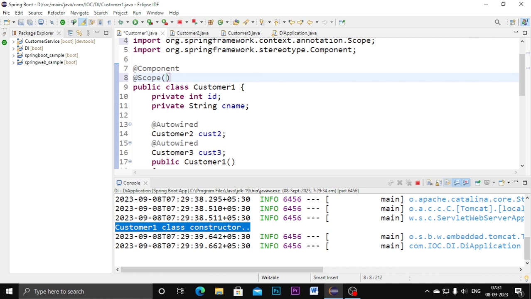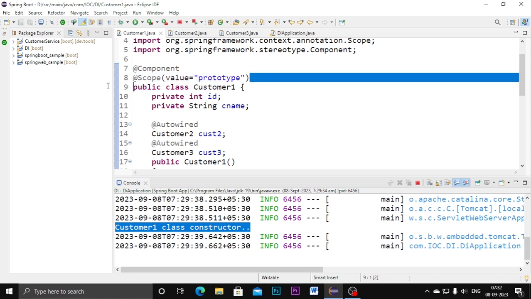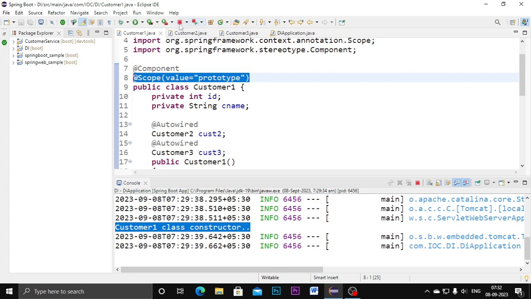I can give the scope annotation with value equal to prototype. Once I've given this scope annotation for the Customer1 class,